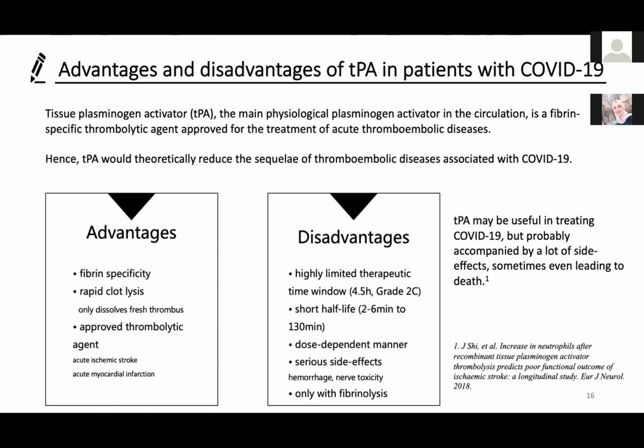It's known, based on evidence, that within probably 4.5 hours after the clot forms, TPA is efficient in dissolving the fresh clot. It has a short half-life. For the natural ones, it's only 2 to 6 minutes, although the new mutant ones could go up to 130 minutes. It has a dose-dependent manner in dissolving fibrin, but it could also have severe side effects such as